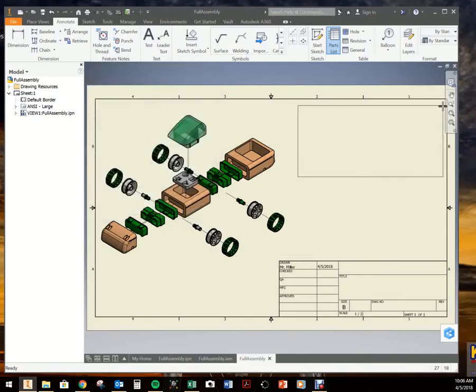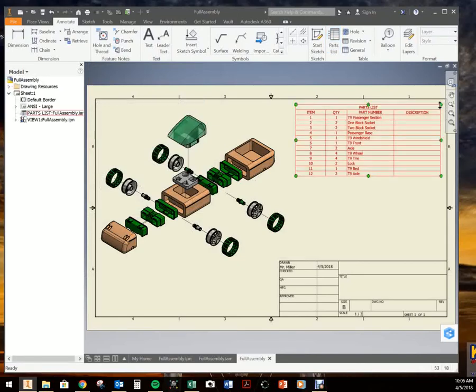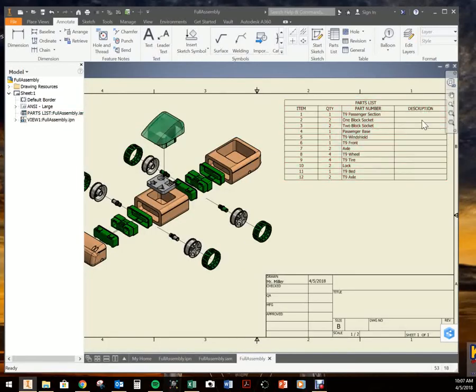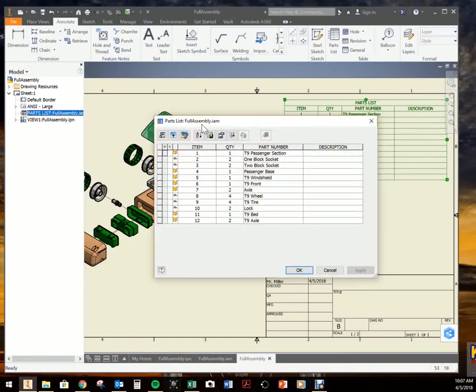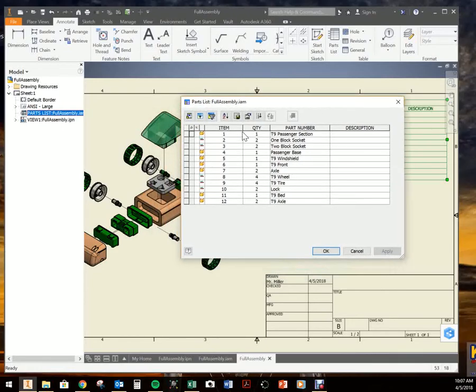This will create a basic parts list. And you can see I've got all the different individual parts that I need for this Automoblocks vehicle. But I'm not real happy with what this looks like, so I can edit this. I'm going to add in, let's say, some mass and volume information, and let's show you how to do that. So if I right click onto here, try that again, just double clicking on this will open up the parts list menu,